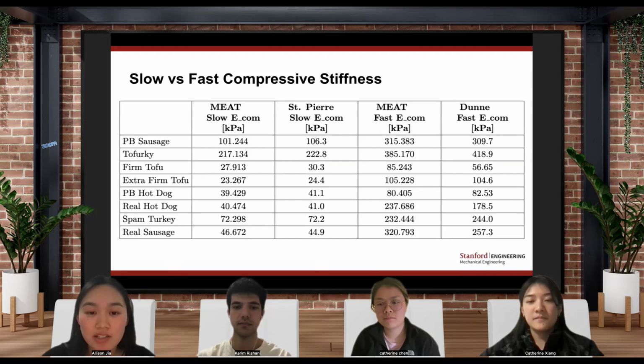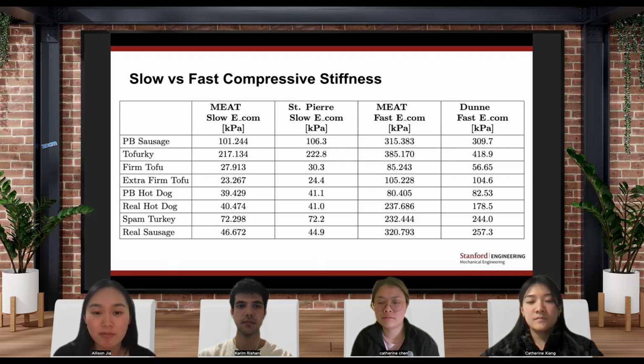To assess the impact of loading rate on compressive stiffness, we performed a linear regression analysis on both the slow and fast loading data for each meat type. We corroborated each of our calculated compressive stiffness values with a corresponding value from previous studies. Generally, we can see that the compressive stiffness calculated using the fast loading data is significantly higher than that of